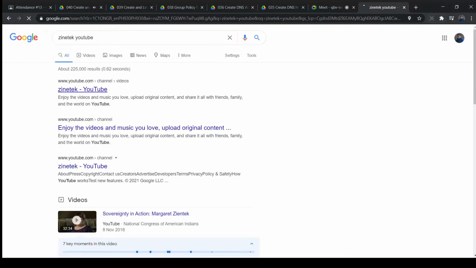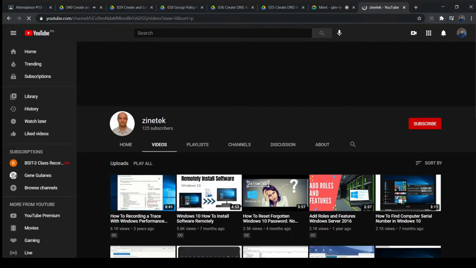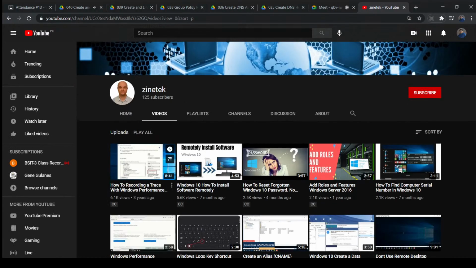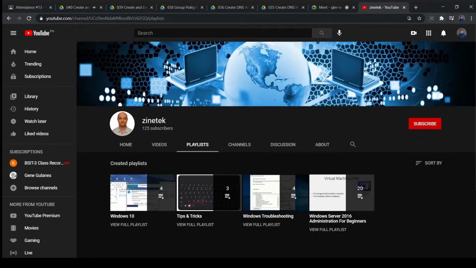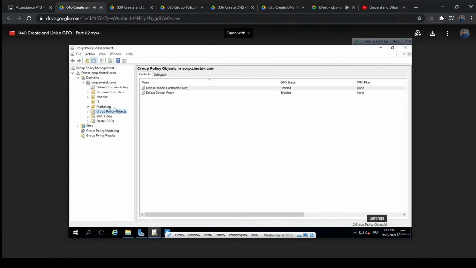The GPO we are going to create applies to a computer. The question that arises is where I am going to link the new GPO. John Smith's computer is not located under the marketing organizational unit. You can see that